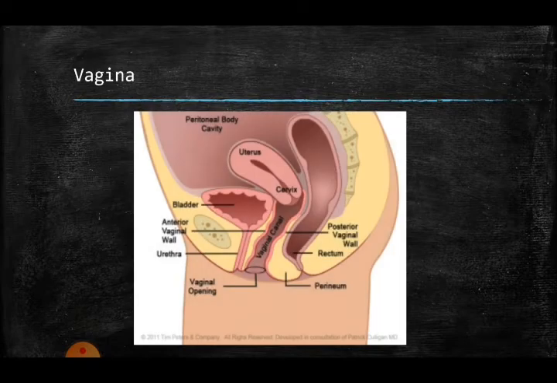Starting with the first diagram, that is showing the association of the structures that are present within the pelvic cavity. This is a sagittal plane, and you already know about the sagittal plane. We have cut our body into two halves, and there will definitely be a right half and a left half in a sagittal plane. So this is a sagittal section, and I am looking into the pelvic organs from the side.